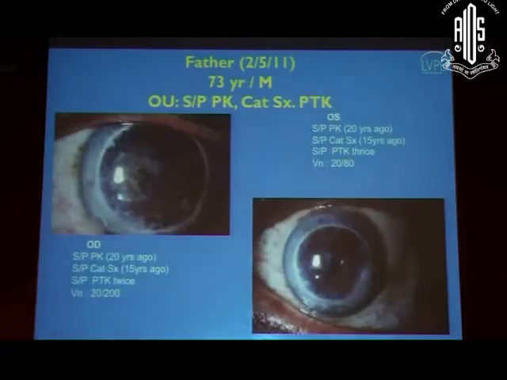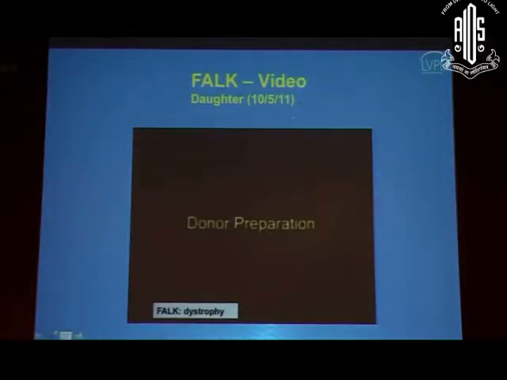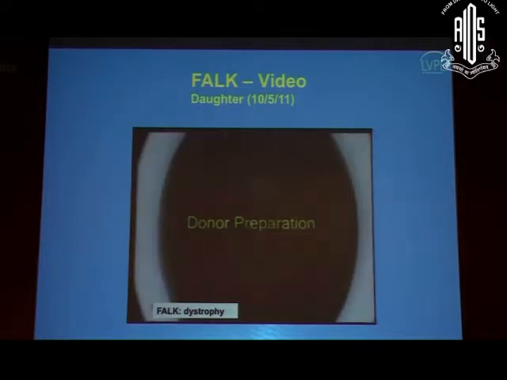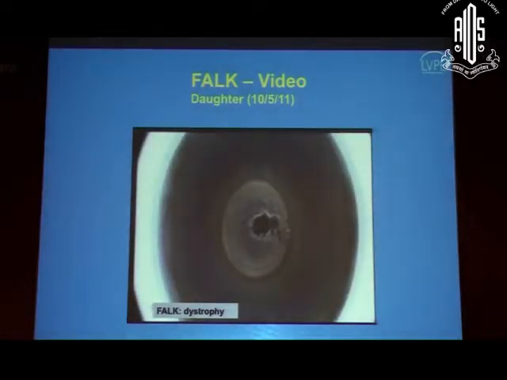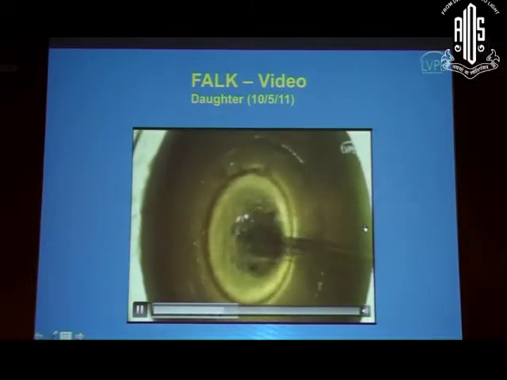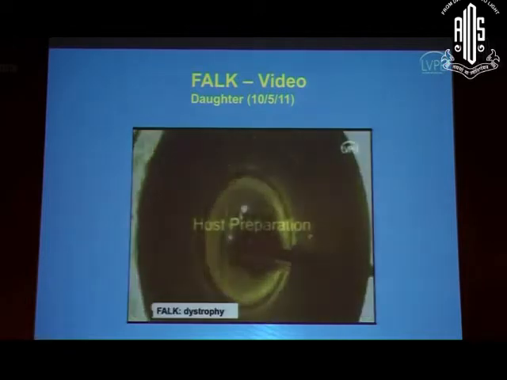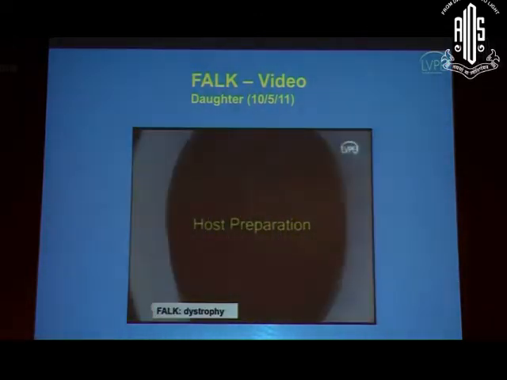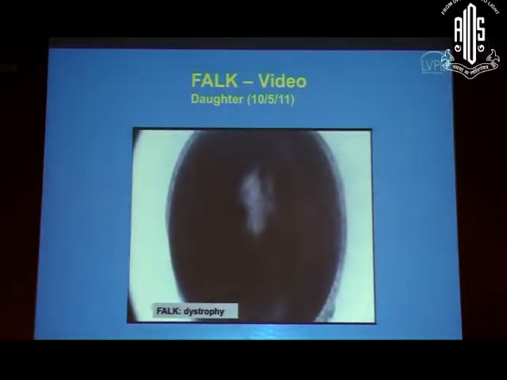So to show you how the donor and the recipient surgery is done in the case of FALC, you can decide the thickness of the lenticule you want for the donor. Since you want it to be sutureless, we pre-decide what is the amount of stroma that we want from the lenticule. This is showing the lenticule cut, which should be about 120 to 150 microns. It would be slightly more than what we would dissect for the patient.